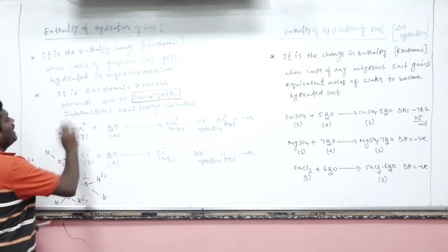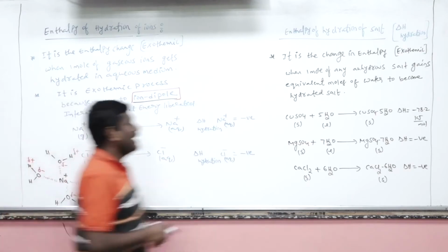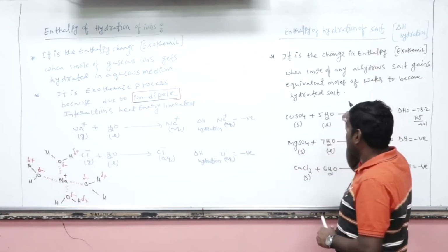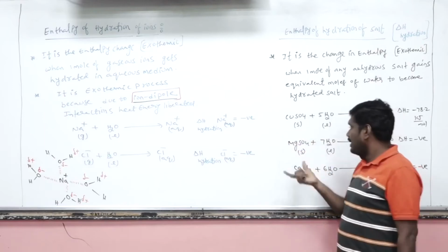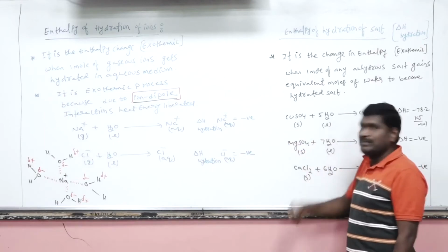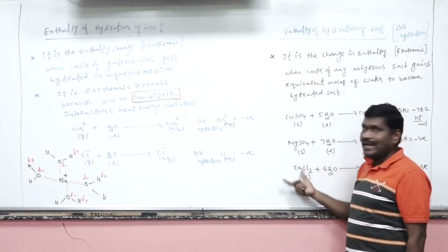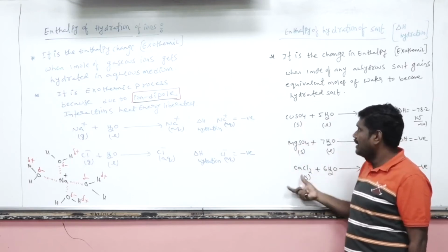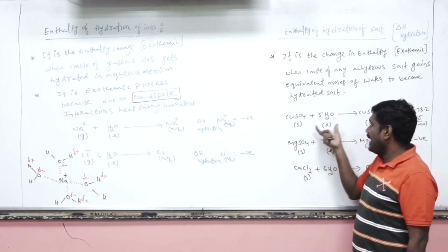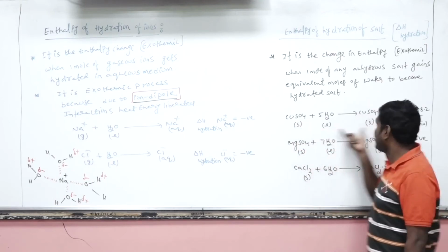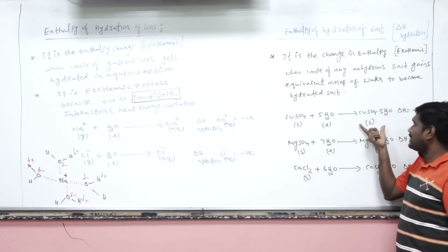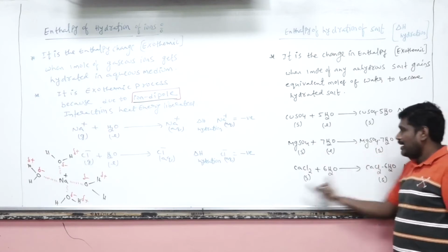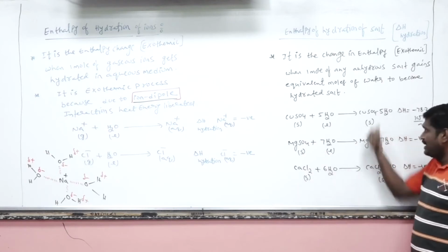It is regarding ions. Let's suppose I am taking a salt. What about the enthalpy of hydration of a salt? Let's suppose I have copper sulfate or magnesium sulfate or calcium chloride. Now these are anhydrous salts, that means they do not contain any water molecules. Anhydrous form. Let's suppose copper sulfate, by adding 5 molecules of water, gives hydrated copper sulfate, that is copper sulfate pentahydrate. Magnesium sulfate heptahydrate. Calcium chloride 6H2O. All these are hydrated salts.